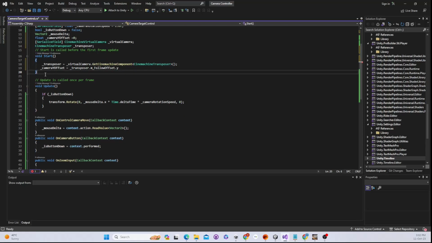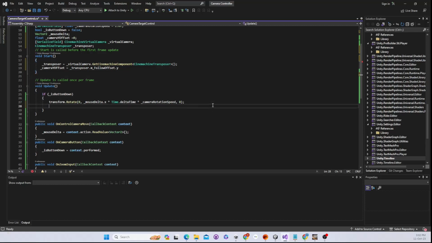So in our update, we would say y camera offset plus equals mouse delta dot y, because that's the up and down movement of our mouse,